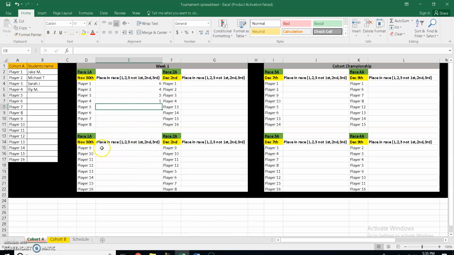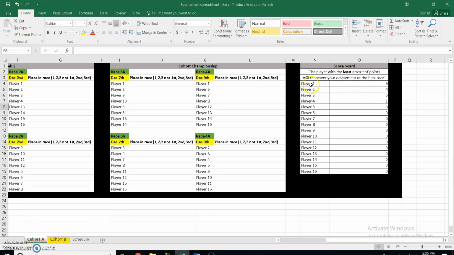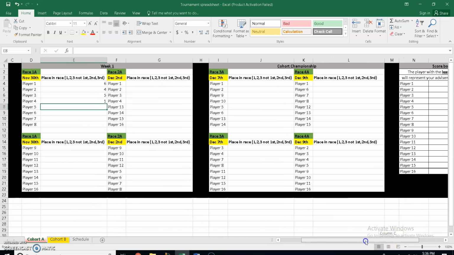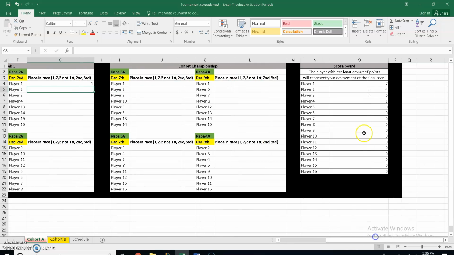Same thing with the second breakout room. The cool thing about this spreadsheet is that it'll actually calculate the score for you. So Jake here, who got sixth place, you look at the scoreboard to the right, and it'll show Jake, who's player 1, at sixth place, right? And it'll add these throughout the week. So today's Monday, they'll be on the 30th. On December 2nd, let's say Jake plays again, and Jake actually gets first place this time. Well, it'll take the 6 and the 1, and it'll create a score for you. It'll be a 7, right? Whoever the lowest is the person that has gotten the highest place overall.